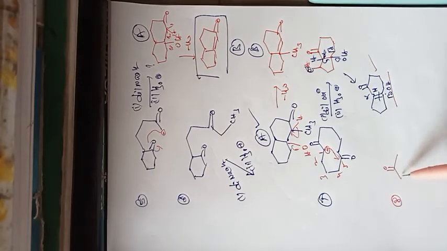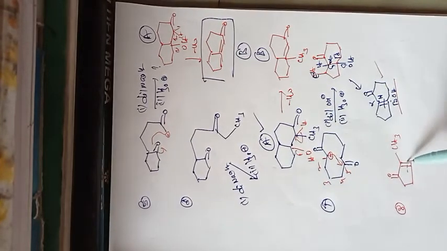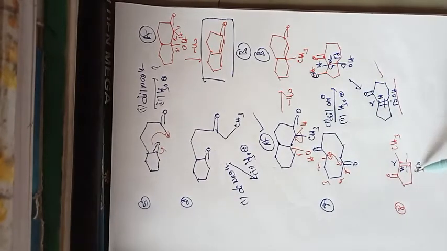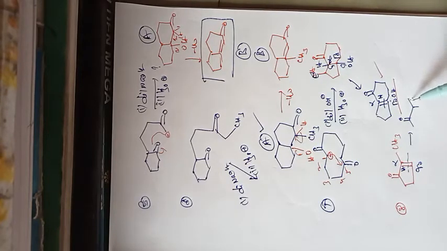So for example, this is the compound, and what are the reactants? This is the alpha position and this is the beta position. Alpha position hydrogen, beta position oxygen. So what are the reactants here? You can see that C double bond O and C. So this is the alpha position, and at the alpha position we have to add hydrogen, and at the beta position as well. So this is the correct answer.